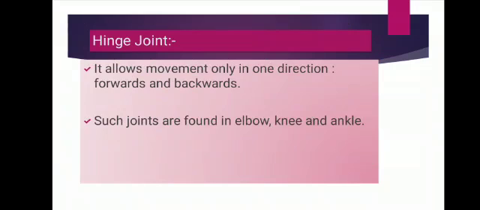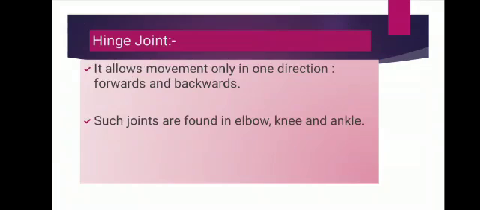And we also have some bone joints which move like a door on its hinge. So a hinge joint allows the movement of bones only in one direction, that is forward and backward. The movement of the bones is restricted to one direction by the shape of the ends of the bones. So in our body, hinge joints occur at the elbow, knee, finger joints and jaw.